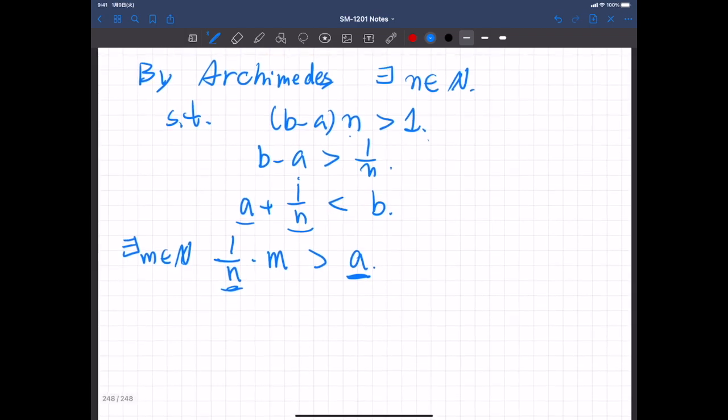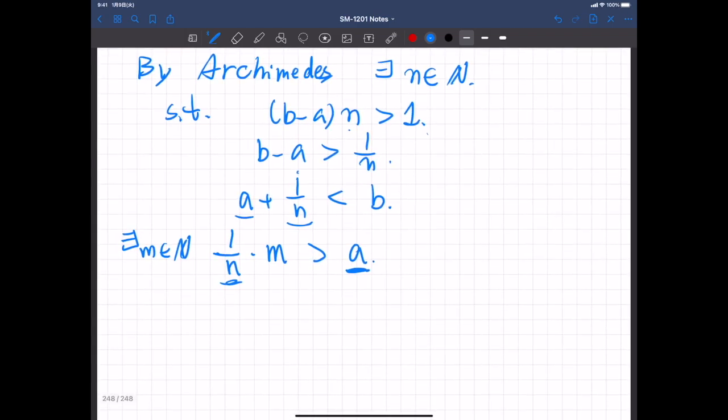Okay, so let's take the minimum of such m. There can be many natural numbers m so that this inequality holds, but if we take the minimum of such natural numbers that satisfy this inequality, then that means